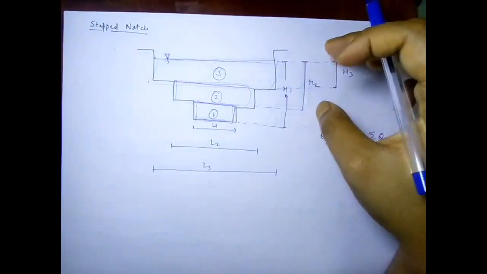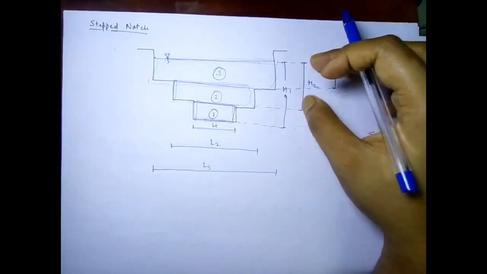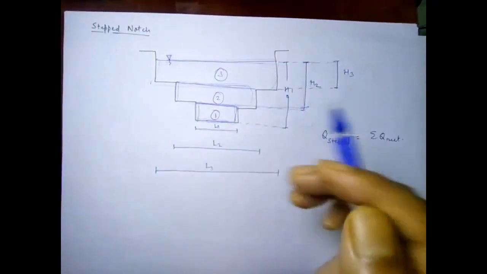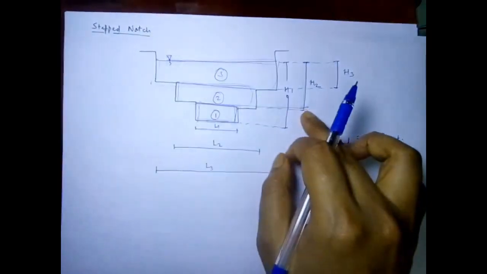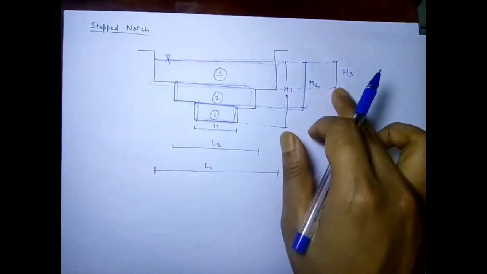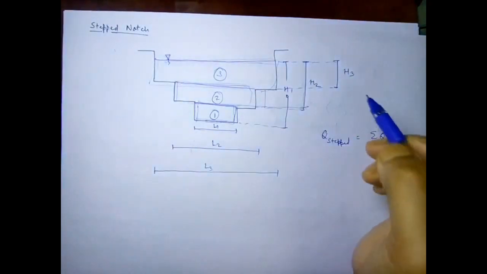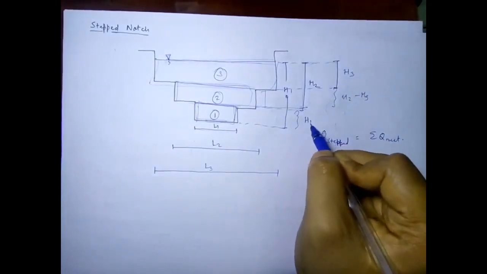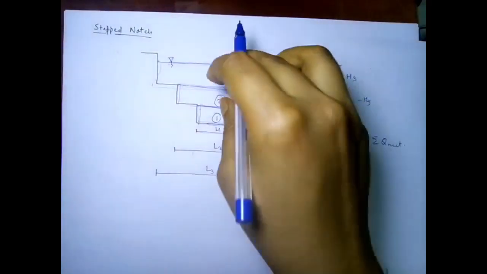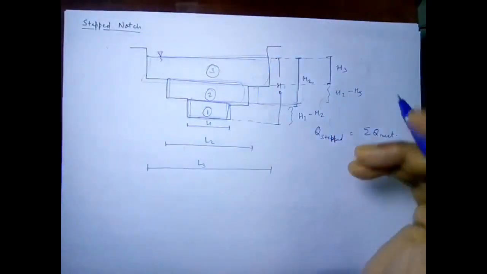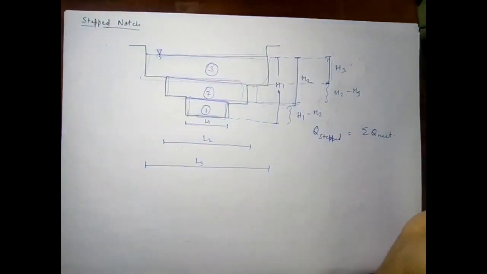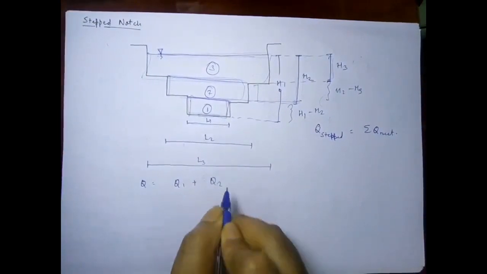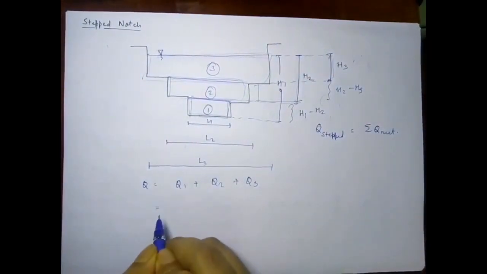So you can say that the height is h1 minus this h2, because the top part is at h2. Again for 2, bottommost part is at h2 and the topmost part is at h3. So this height can be said as h2 minus h3, and similarly this one is h1 minus h2, and for the third one it is again only L3 and this one is h3 only. So therefore the discharge is equal to q1 plus q2 plus q3, and it is equal to